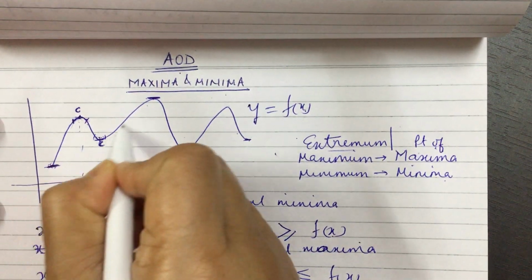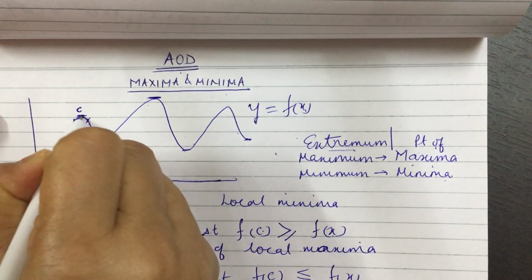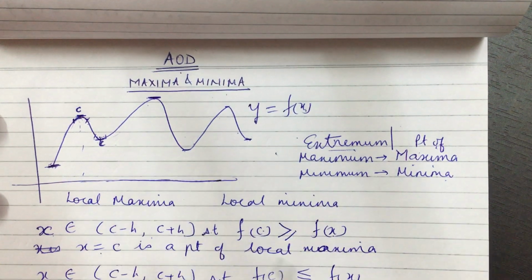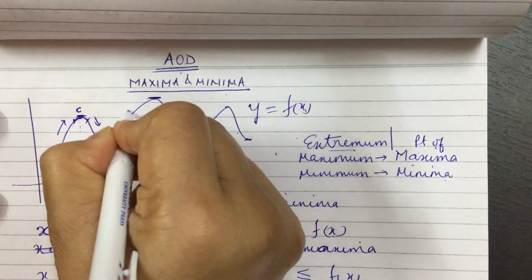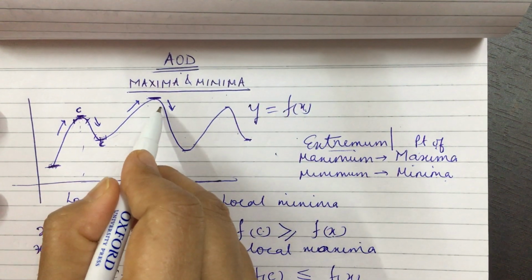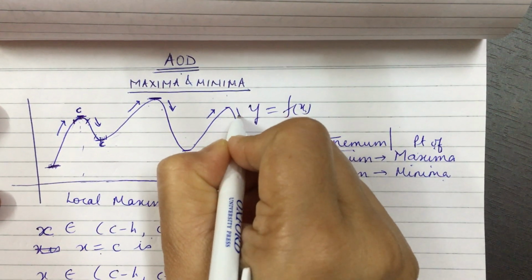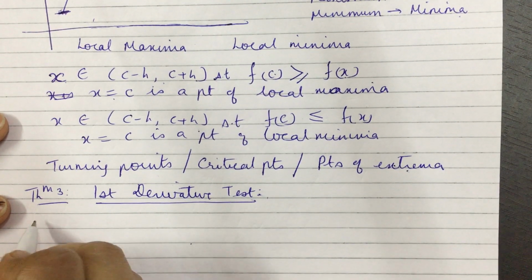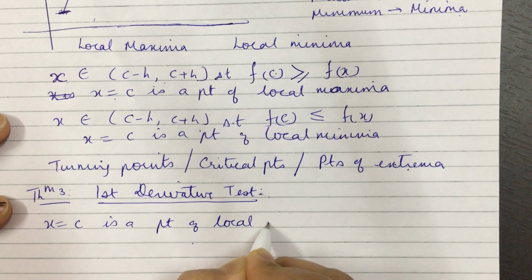Now if you just go through the continuous curve, you can see that the points of maxima are this one and this one. So what's so special about these points of maxima? The function changes from increasing to decreasing. Here also, just before this point the function is increasing, whereas just after this point the function is decreasing. Just before this point the function is increasing, and just after this point the function is decreasing. So we have x equal to c is a point of local maxima